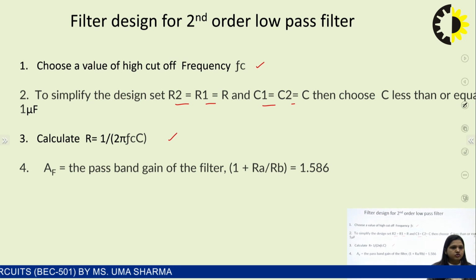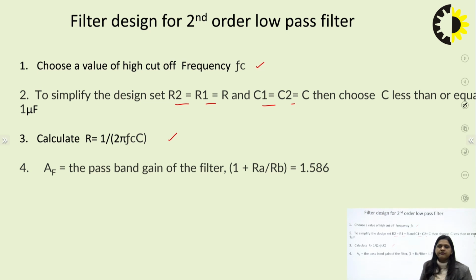But in the fourth step, generally in second order filter, we are having different responses like Butterworth filter response, Chebyshev filter response, Bessel filter response. So if you have been given a particular gain, let's say design a filter for the gain of 4, then definitely you can design it for the gain of 4. But if gain is not given in the question, in that case, for second order filter design, second order Butterworth filter design, the gain is